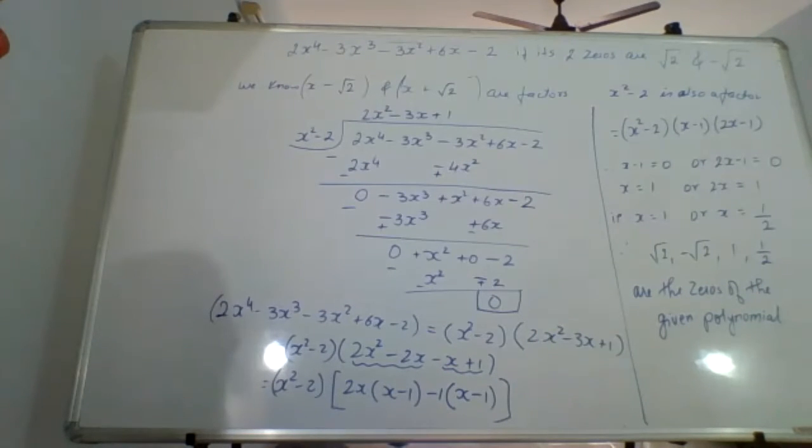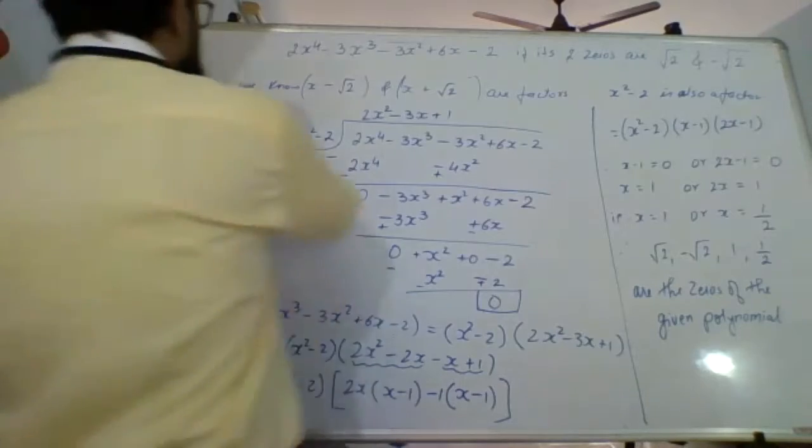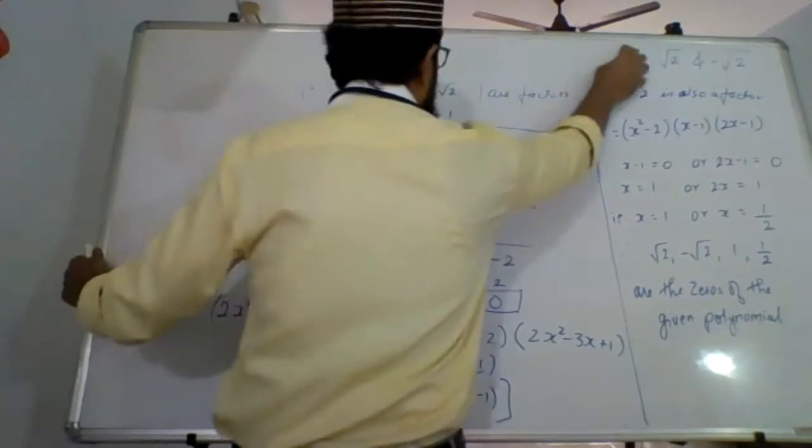Okay. So now that you have done this, this brings us to the end of this chapter. And as I said, we'll be starting today pairs of linear equations in two variables. Any difficulties in this chapter? Otherwise, I'll start with the new chapter. If you all have no difficulties, then we'll start with that new chapter.